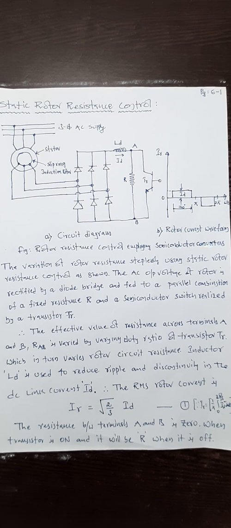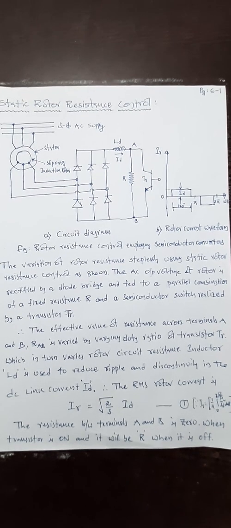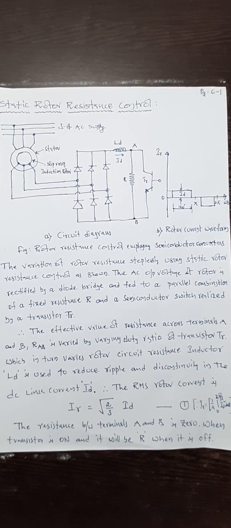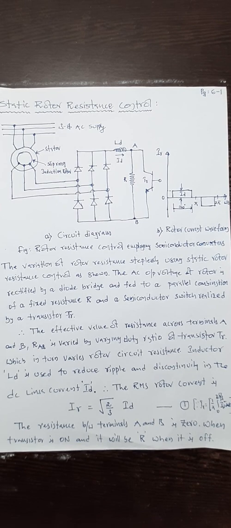In conventional rotor resistance control, the rotor terminals are connected through the slip rings and brushes to an external resistance. That external resistance is mechanically varied so that different values of rotor resistance give different values of torque and speed. The advantages as well as the drawbacks of conventional rotor resistance control were also discussed and covered in the earlier class.